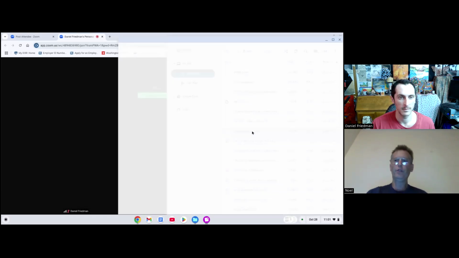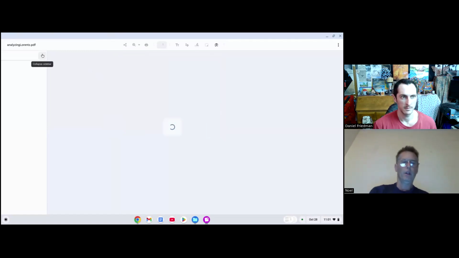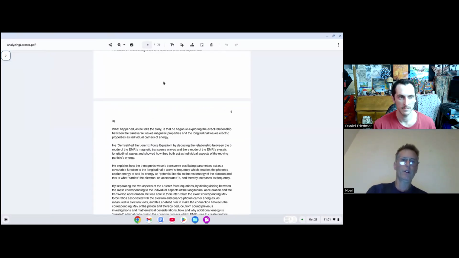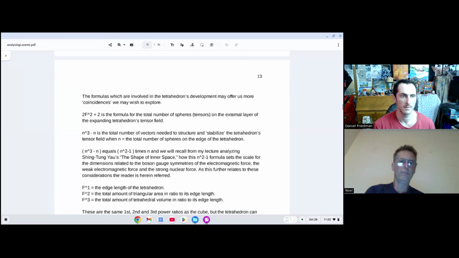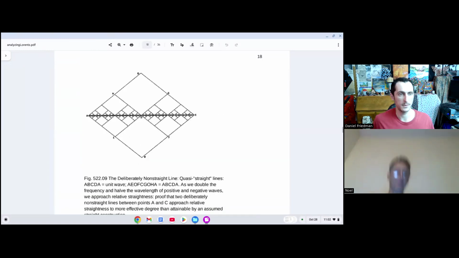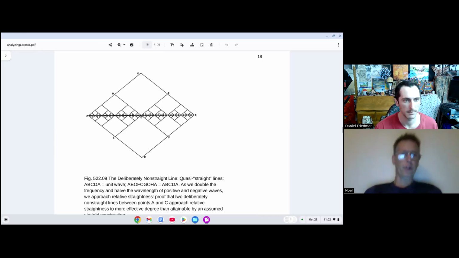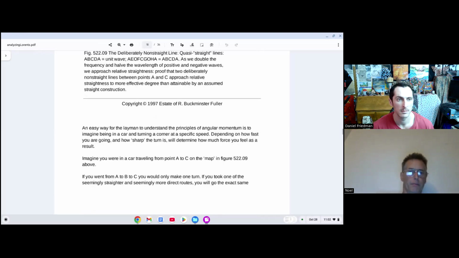Okay, so in this paper where I analyzed Henri Masaud's demystifying the Lorentz force equation, I took this little graph here from synergetics. So this picture, you see the square picture with the little squares inside of it? Daniel, are you there with me? Yep. Oh, you see the picture? Okay. So let's just think about this, and I explained it down a little bit here.